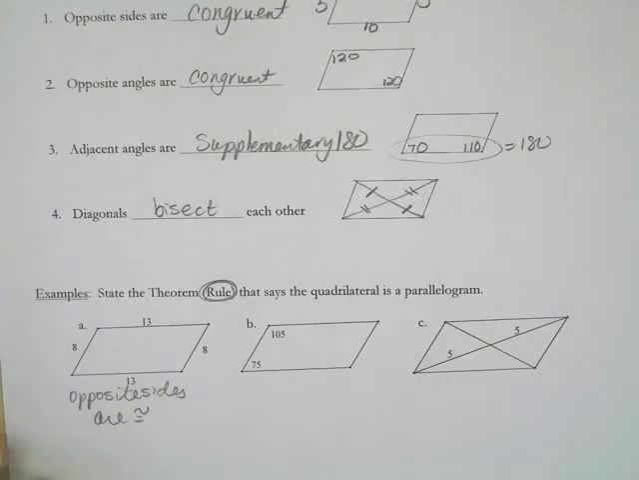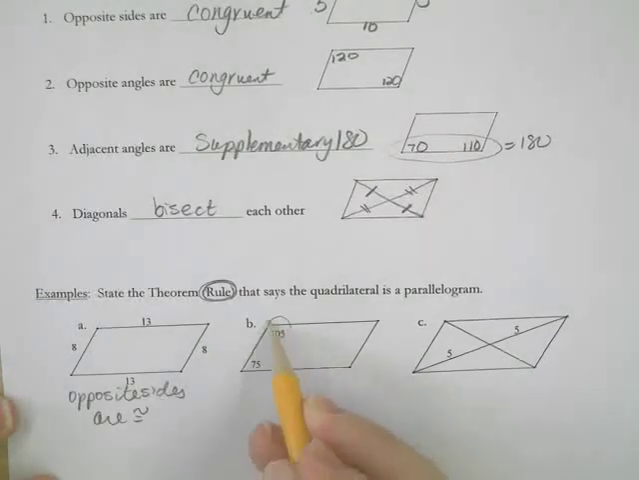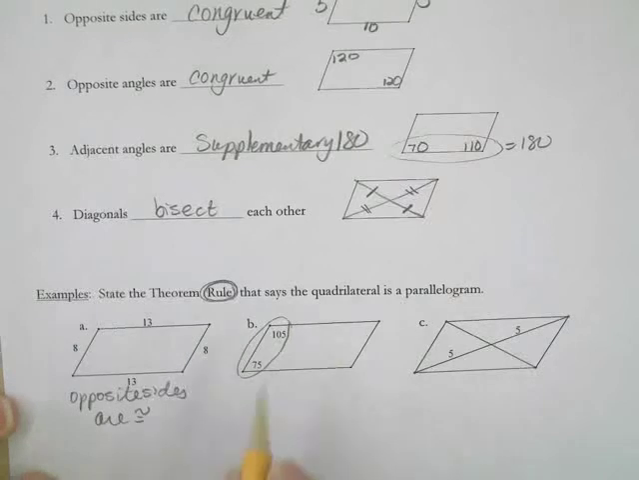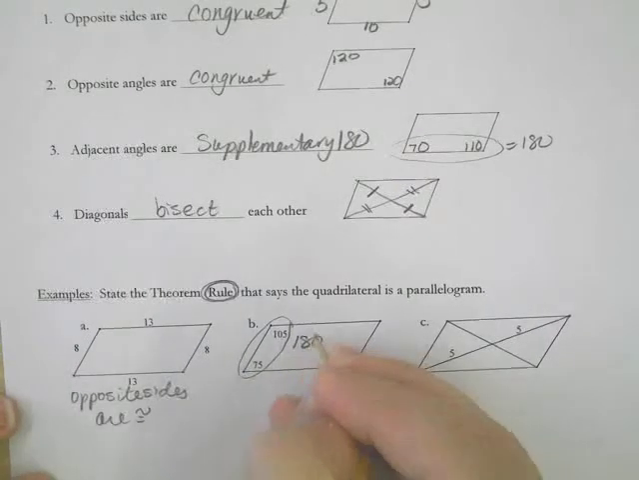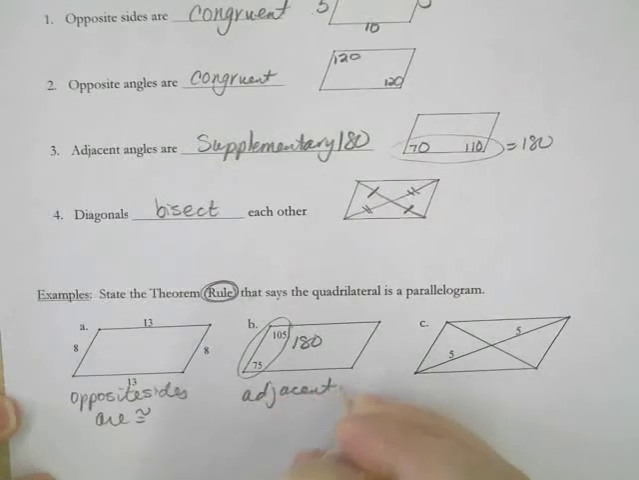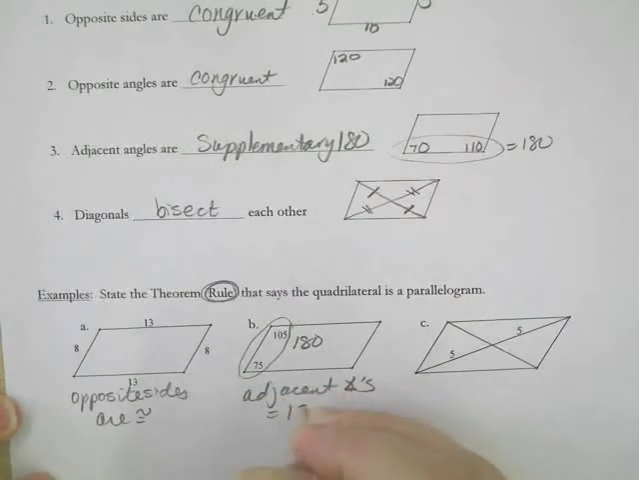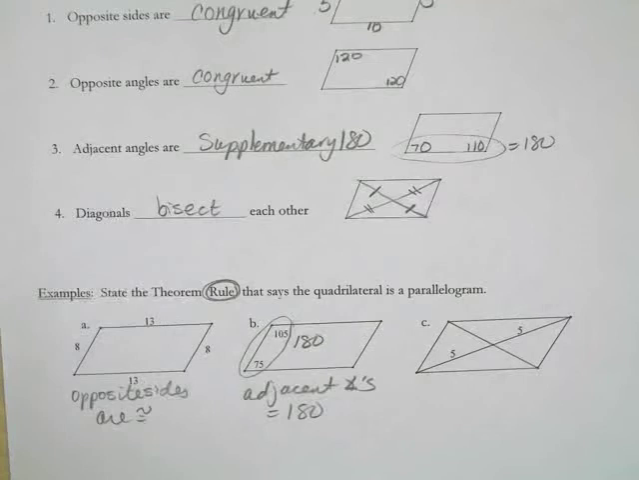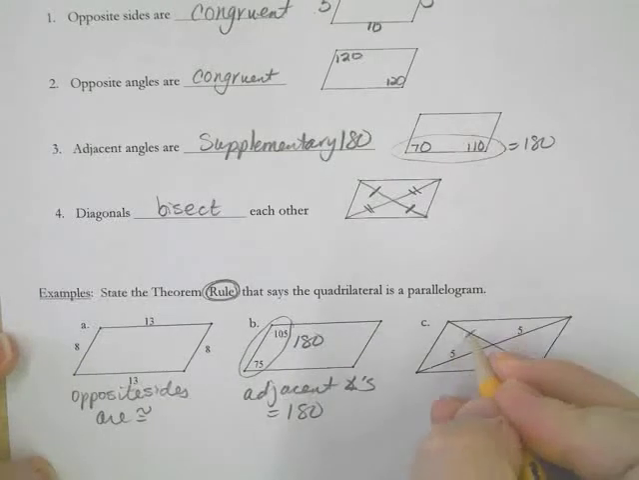Okay? For the second one, why do I know that this is a parallelogram based on these? Well, those are adjacent angles, and those 2 add up to 180. So you can say adjacent angles equal 180, and that's why it's a parallelogram, because that's true. That's rule number 4. Or no, rule number 3, sorry. And then part C, this is saying that my diagonals, I forgot to put the tick marks like your book had,